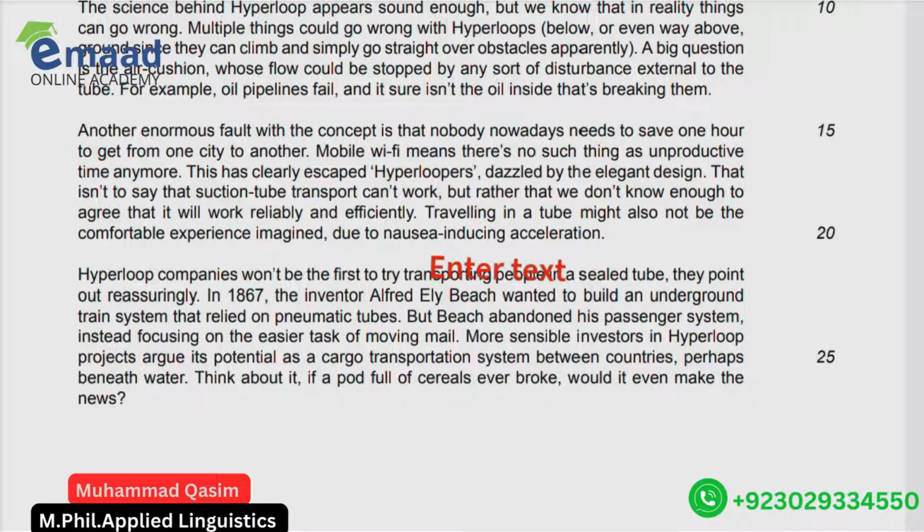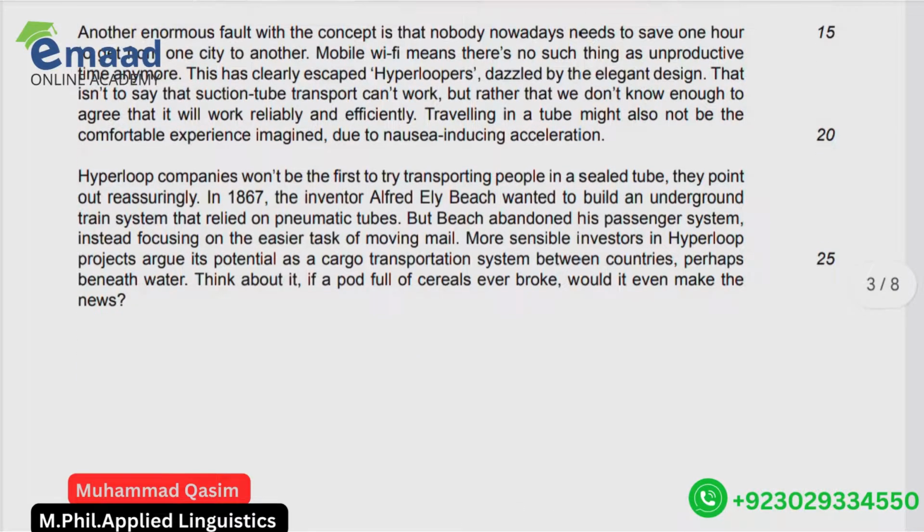Traveling in a tube might also not be the comfortable experience imagined, due to nausea-inducing acceleration. Hyperloop companies won't be the first to try transporting people in a sealed tube. They point out reassuring